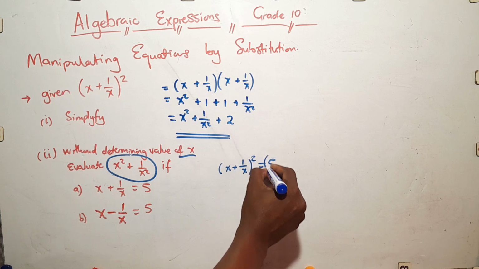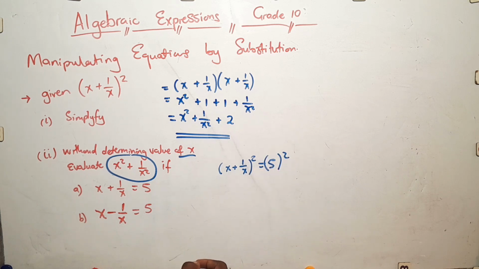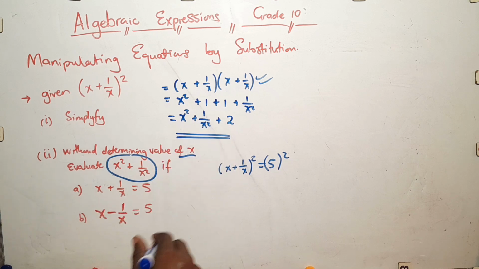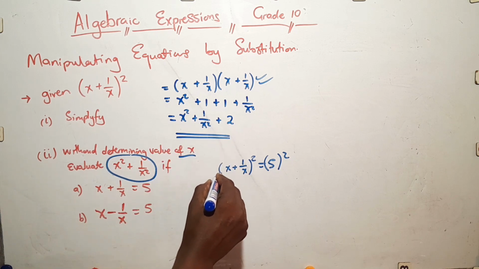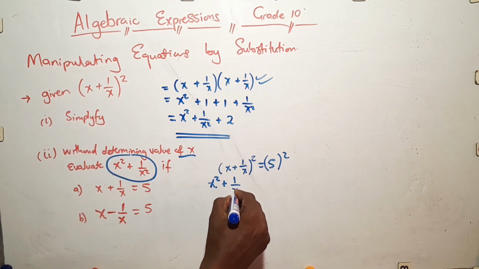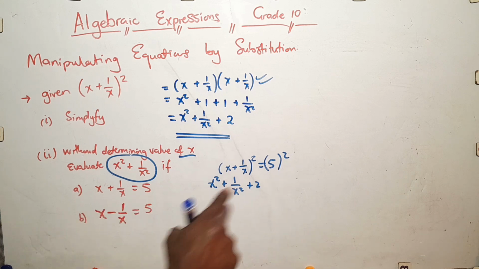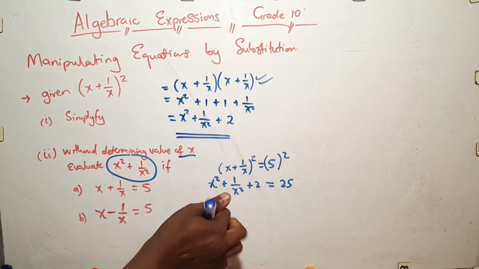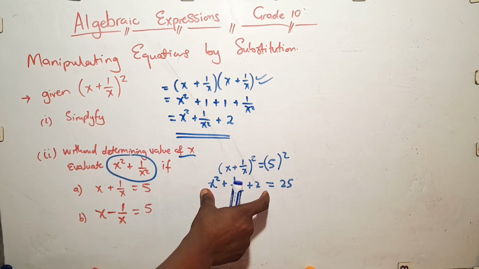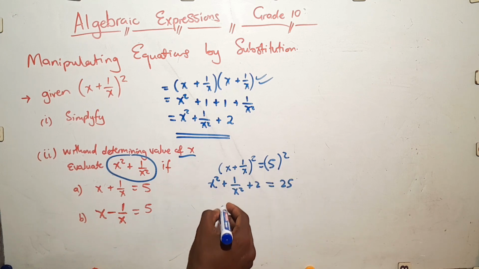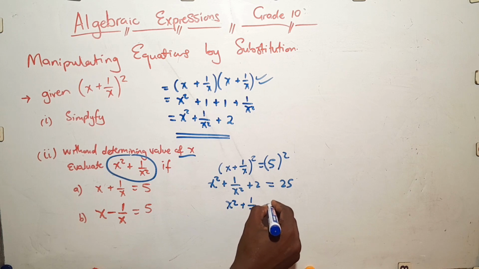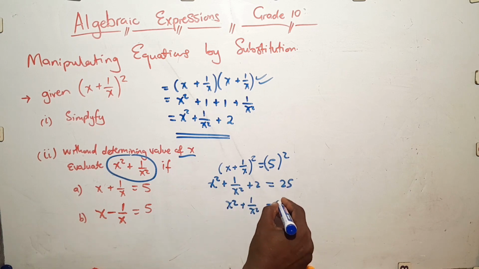So if we can square both sides like this, this already, we have already squared it from here and then it gave us that. So this will be equivalent to x squared plus 1 over x squared plus 2. And 5 squared gives us 25. But we are looking for this, not all this. So it means that we can take 2 that other side. So it means that our x squared plus 1 over x squared will be equal to 25 minus 2, which gives us